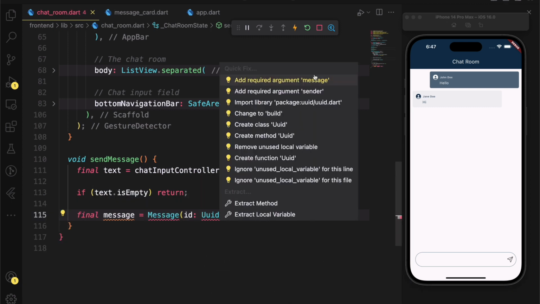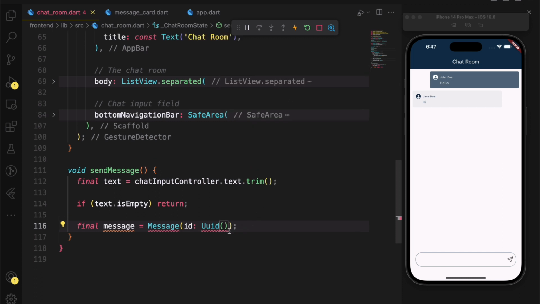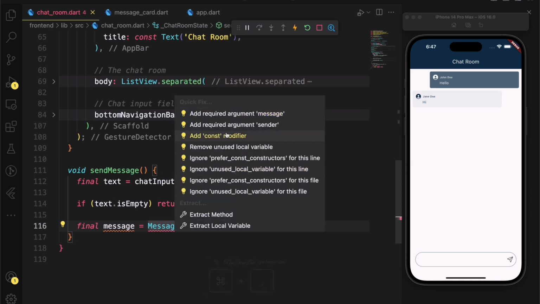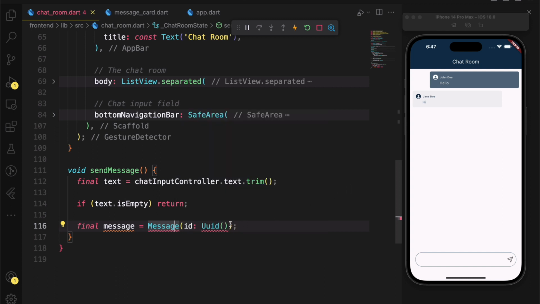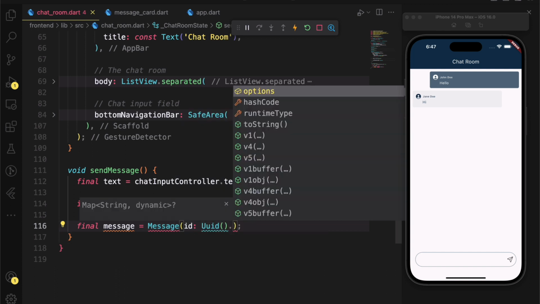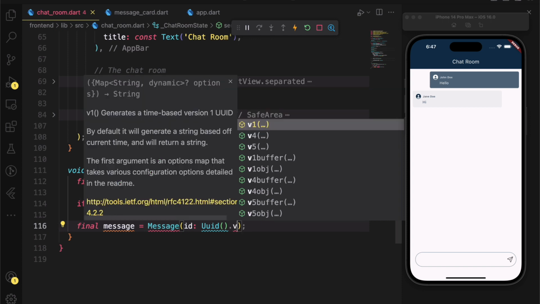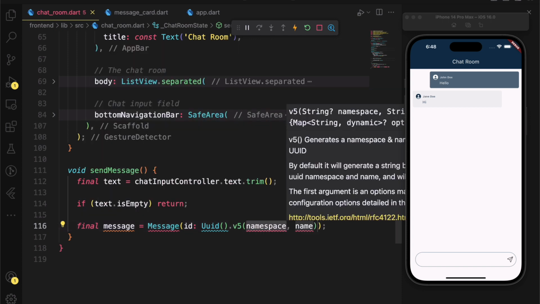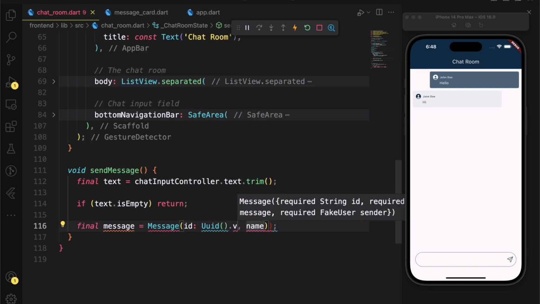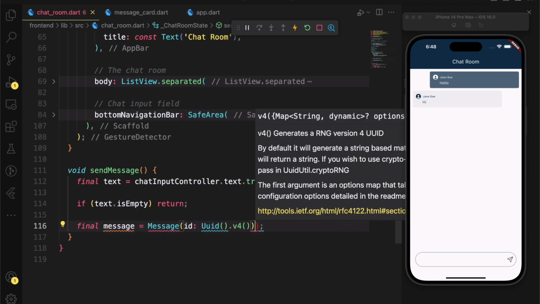I think it's done installing already, so I can now import the package, and then import the message. Oh, I think the message is already imported. All I need to do is provide the required data. Instead of version 5, let's go with version 4 of the package.